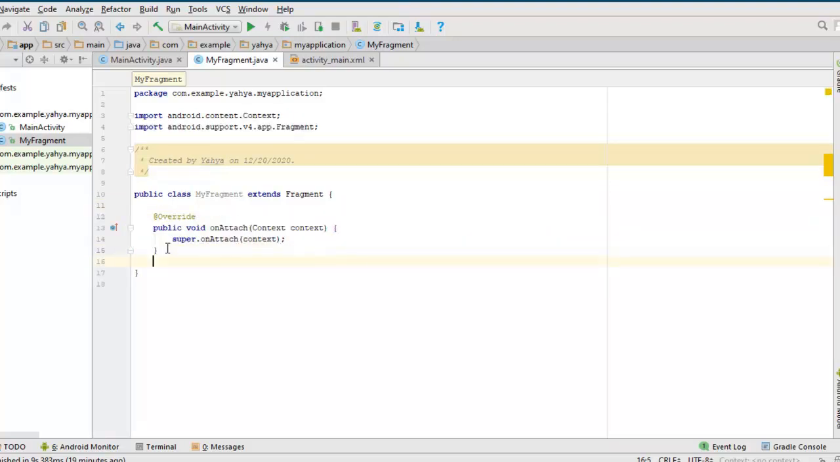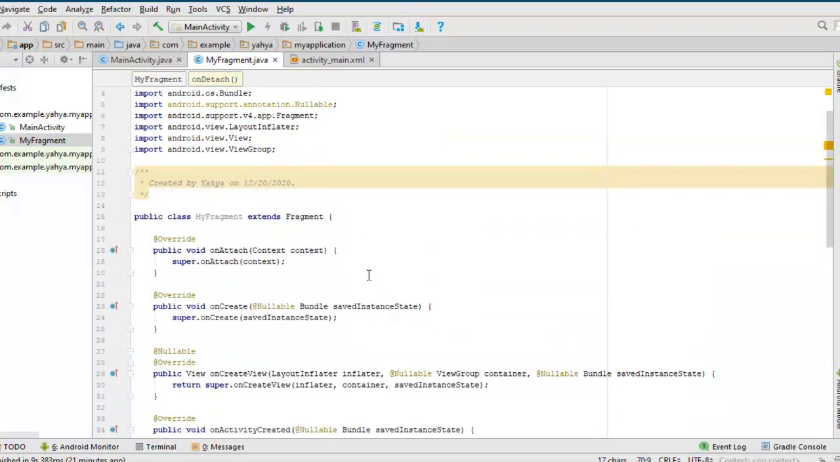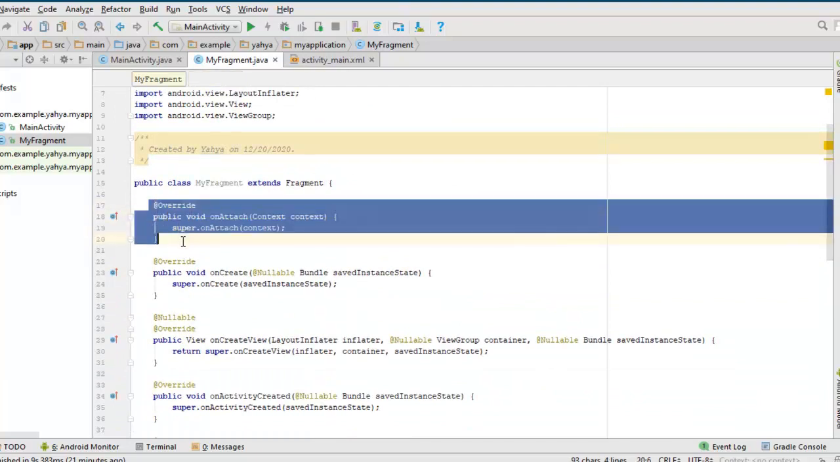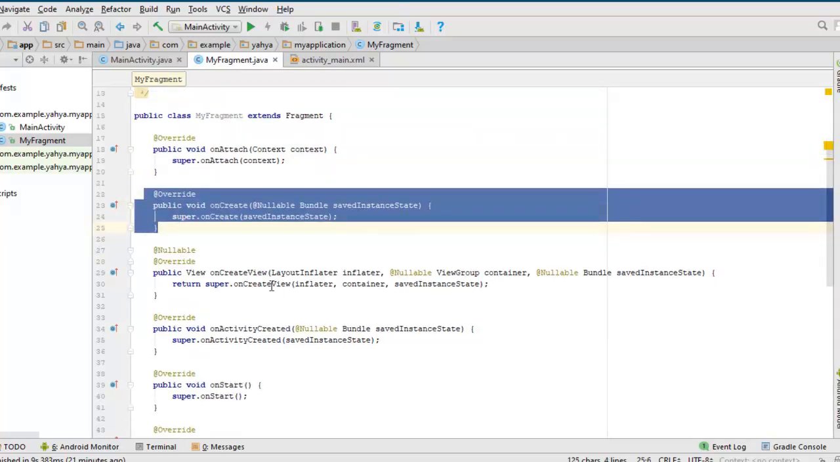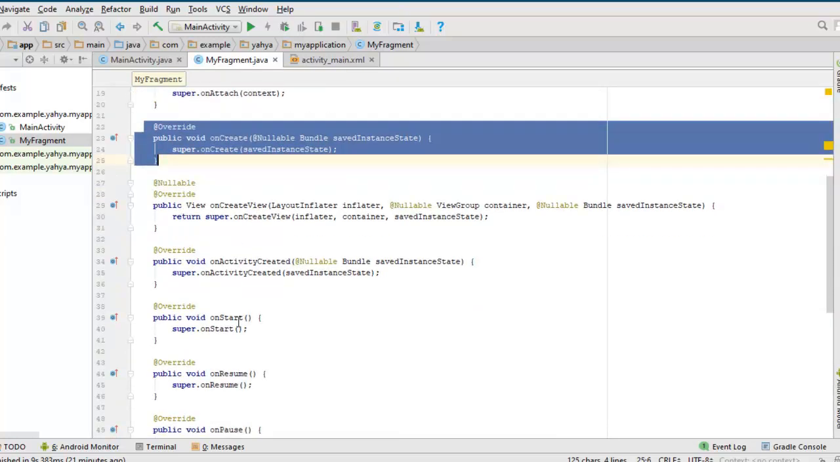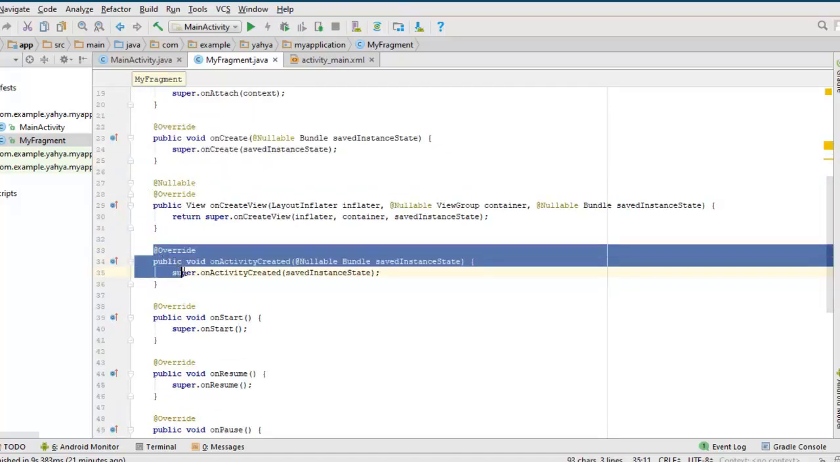So I'm going to pause the video and write those steps in here. Make sure that you write them properly. So these are the life cycles of fragments. The first one is onAttach, when the fragment attaches itself to the activity, and this is onCreate, where the fragment gets created and where the view of that fragment gets created, and this is the step where your fragment is created